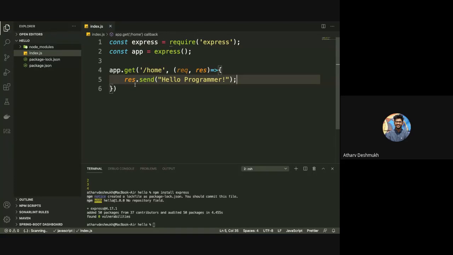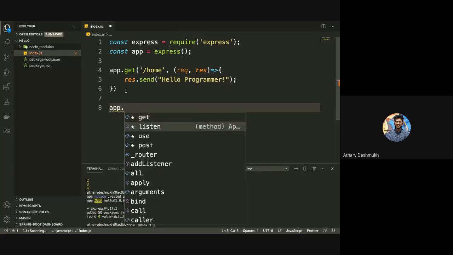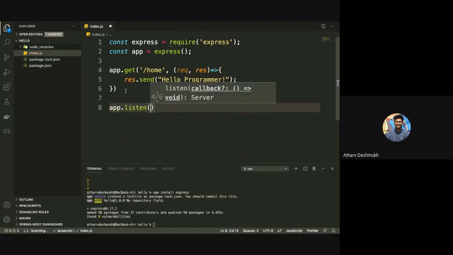And now I have done my request mapping, but I also need to start my server, right? Because I'm not starting the server here. For that we have the syntax app dot listen, and here I will mention my port, which port I want to start my server on.